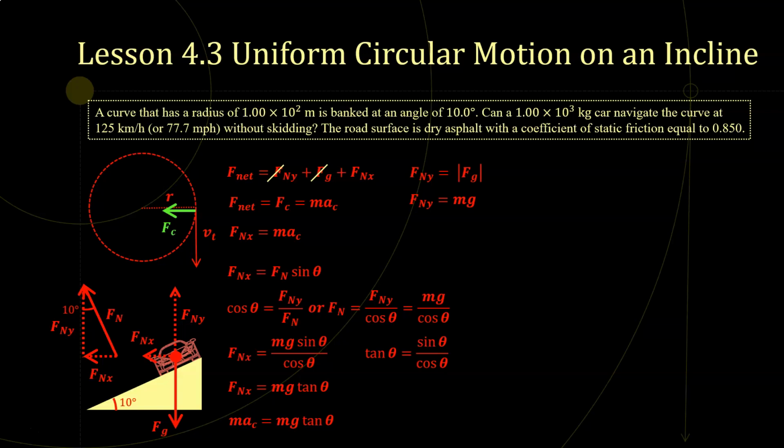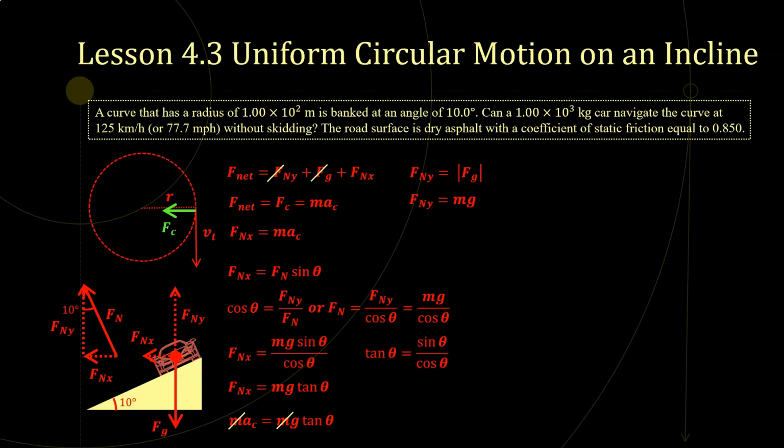And I see that I have the mass of the object going around in a circle times the centripetal acceleration equals the mass of the object going around in a circle times g times the tan of theta. I can cancel out that mass on both sides of the equation. I'm dividing both sides by the mass of the object to cancel it. And I'm left with centripetal acceleration equals g